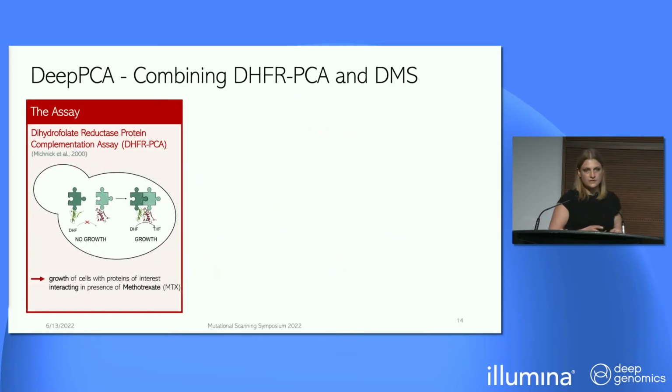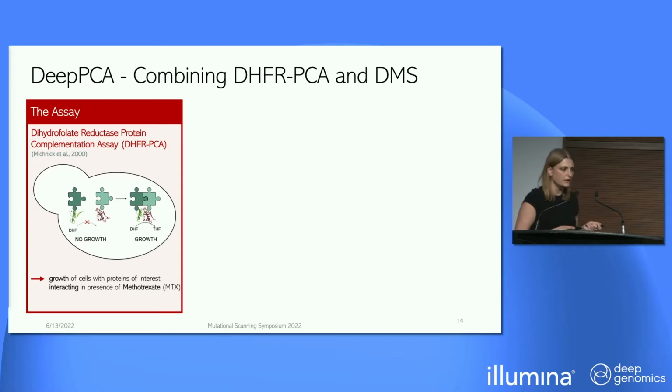The assay we're using is Deep PCA, which you already heard about today earlier in Julia's talk. It was developed by Guillaume, my supervisor, during his postdoc time in the LENA lab in Barcelona, and we further optimized this in Basel. It's based on DHFR PCA, this protein complementation assay, where we're using a split enzyme, the DHFR, that we tag, or we have to tag one of two proteins that we want to measure